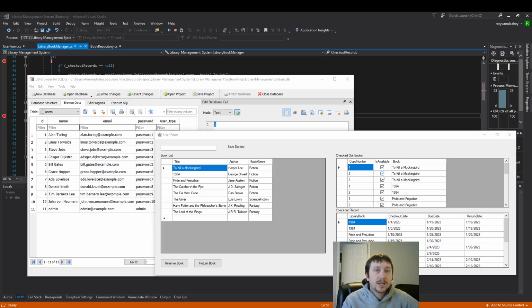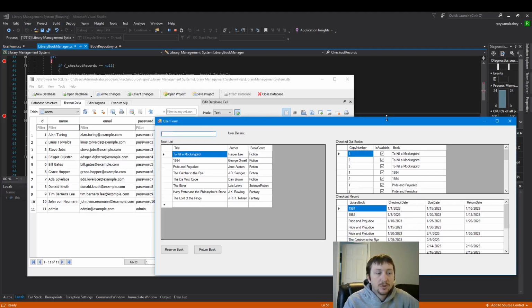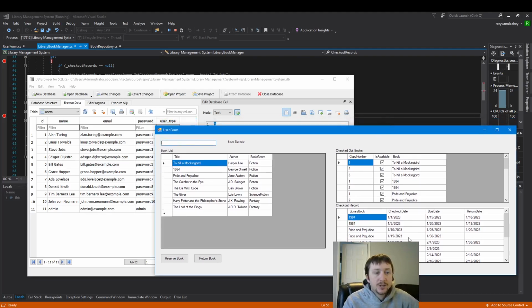Right, this is the checked out books table, so we just want books that are checked out and in particular by that user. But we're also going to look at a case, the admin version of this platform, where we just give them all the data. So we're going to handle both of those cases. And then our checkout records, we will be applying the same logic. We're going to keep it user specific, but also have an admin version. So it's going to end up being 4 queries, or actually